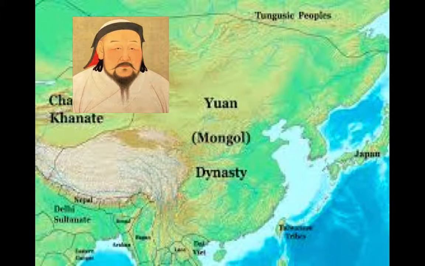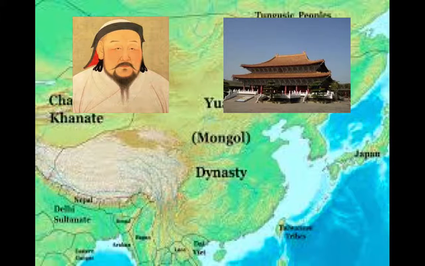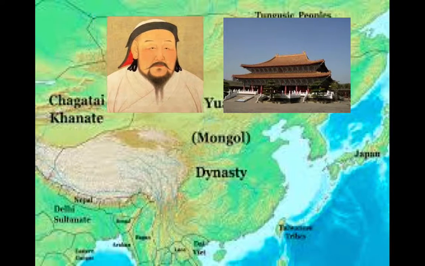Kublai Khan was one of the grandsons of Genghis Khan, and was chosen to be the Khan in 1260 and rule over the Great Khanate. He assumed effective control over the Mongolian occupation of China. After moving the capital of his new empire to Beijing in 1264, he began to assimilate into the existing Chinese